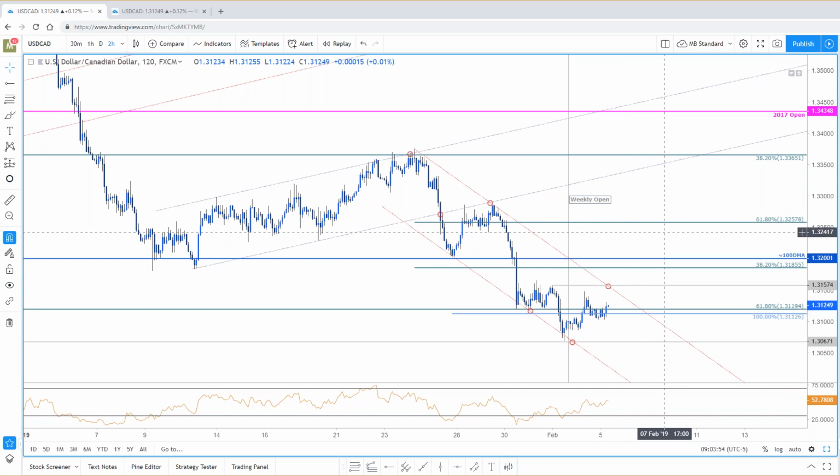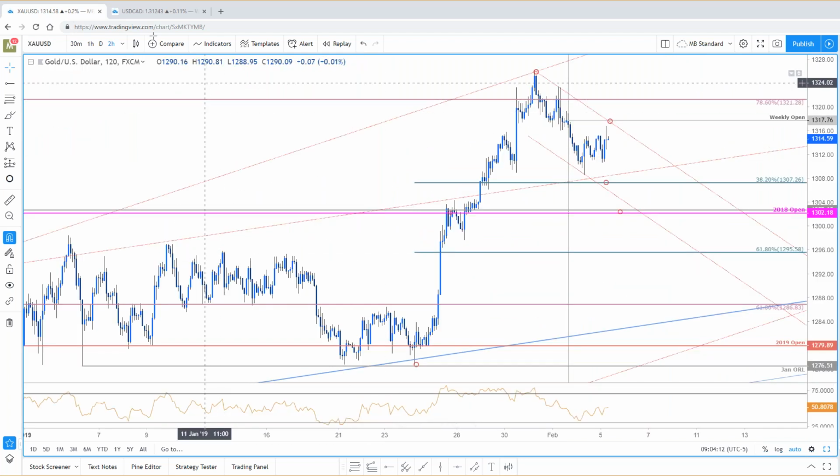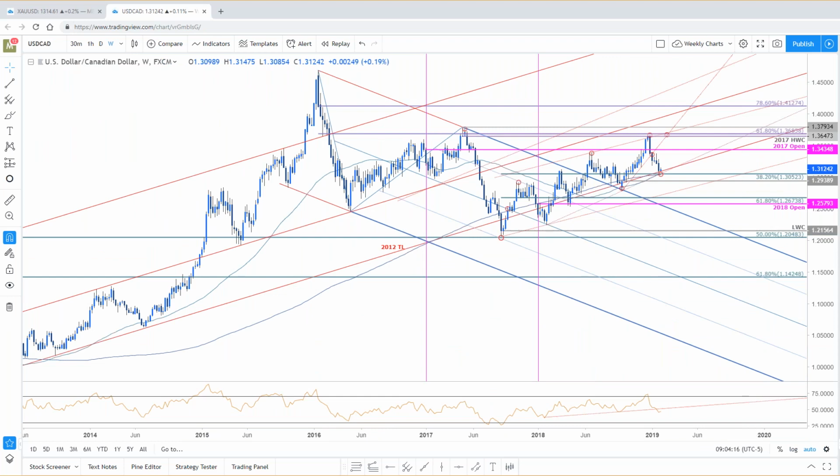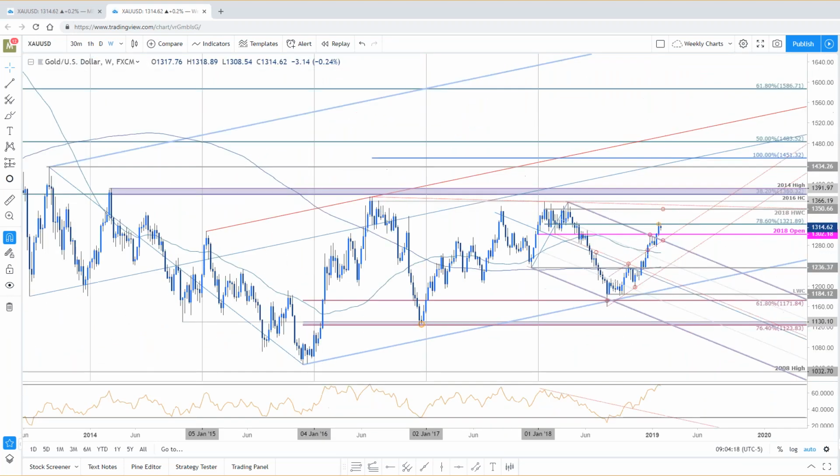Okay, so that is CAD, rather. I keep calling this New Zealand dollar. Number 7, gold. Gold in the weekly chart looks like this. 1322, y'all know we've been talking about that. It's the 786 retracement from the decline off last year's high. It was the first breakout target from the move after we cleared that